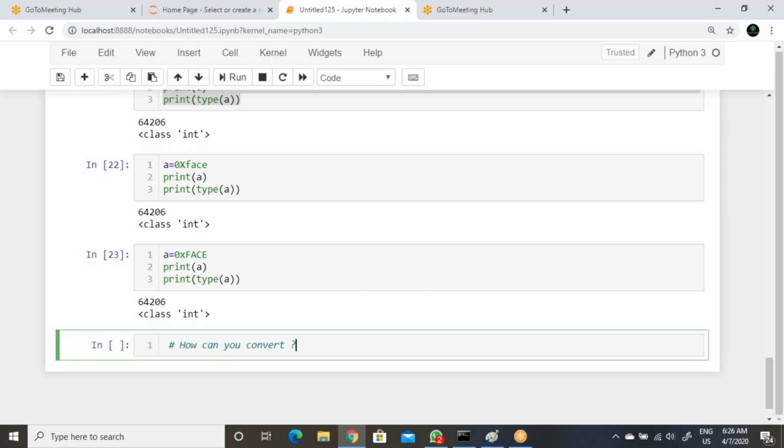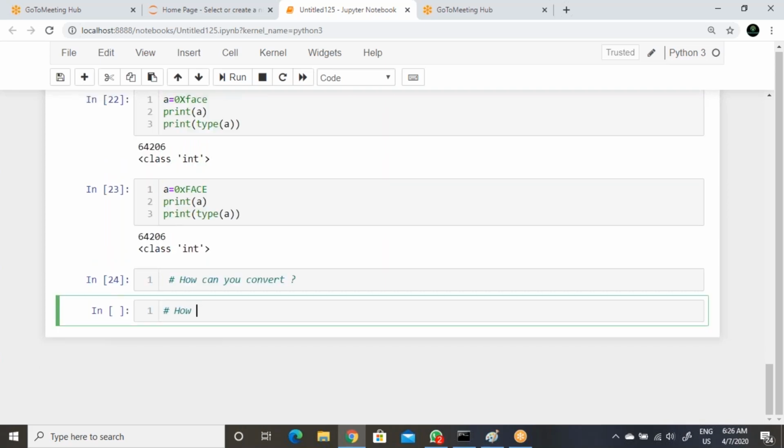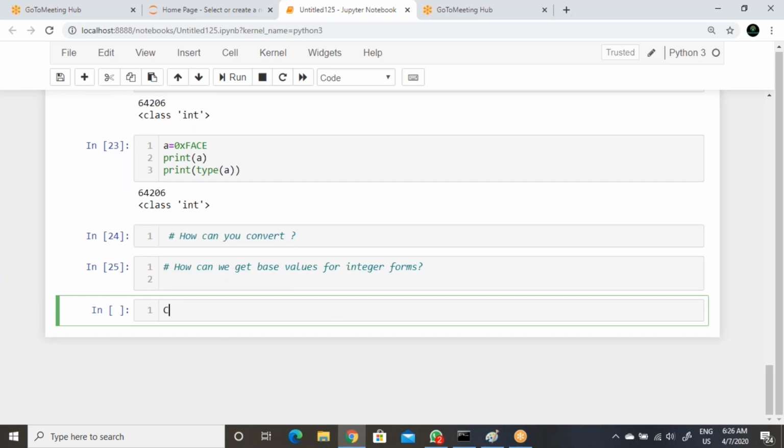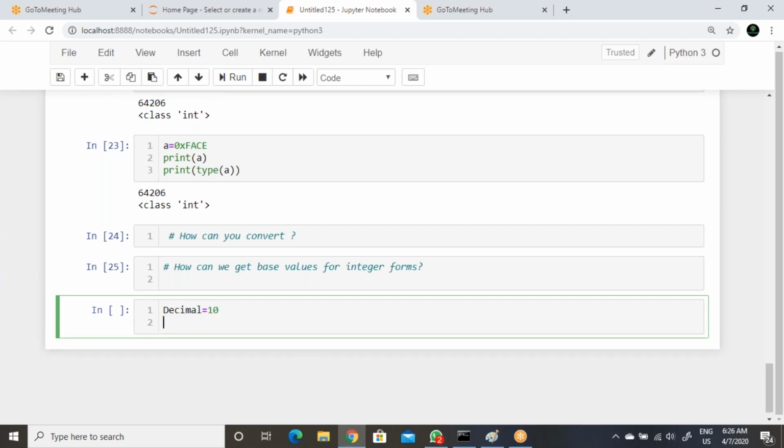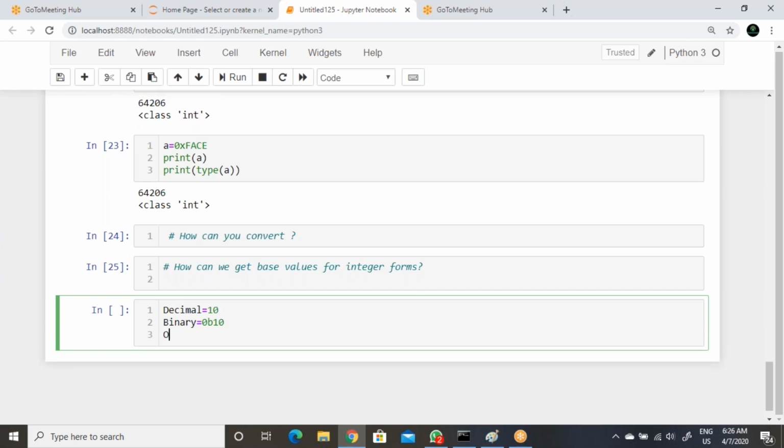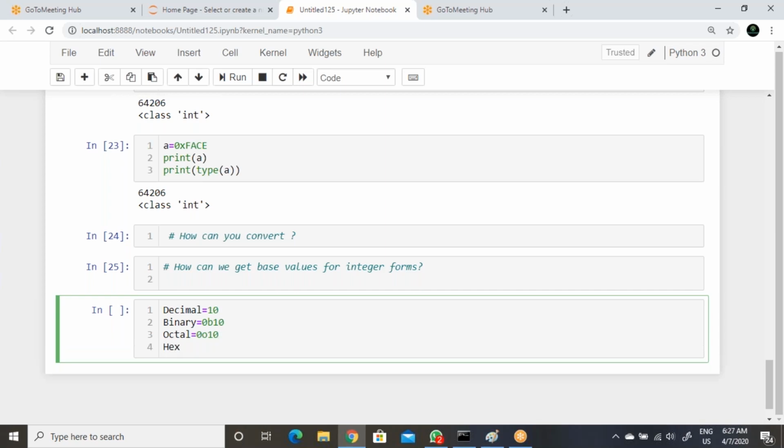Take variables like decimal equal to 10, binary equal to 0b10, octal variable is 0 small o or capital O 10, then hexadecimal variable hexa equal to 0x10. Then print base value for decimal form is, and call that variable. Similarly, you can call it for all the approaches.